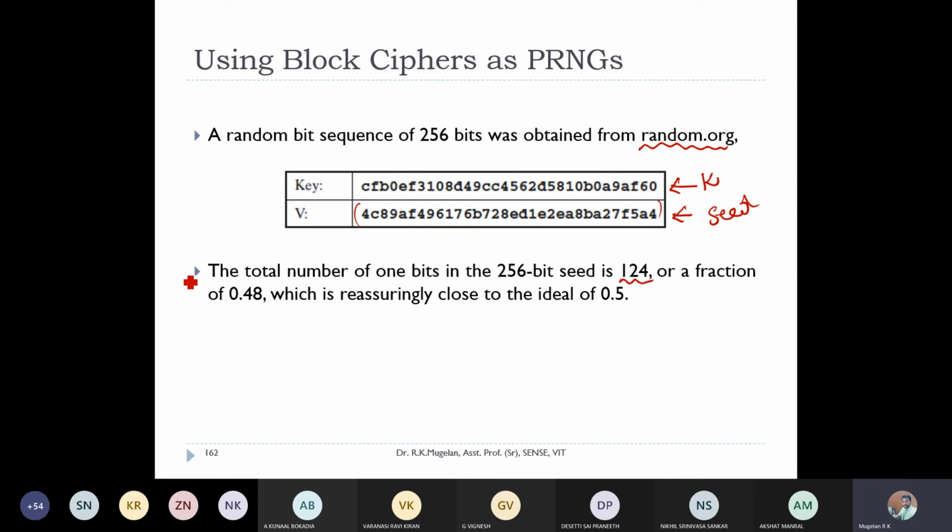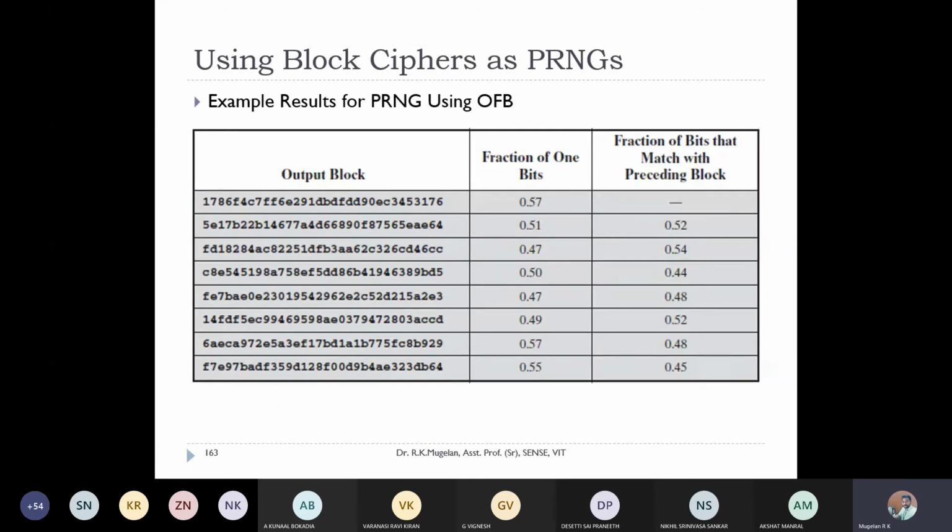So it's almost 48% of the bits are 1 and 52% bits are 0. So it's almost equal to 50%. So it is satisfying the randomness property. I hope you remember the properties which were discussed in module 2. These are properties which have to be satisfied to call a sequence of numbers a random number, right? So using these two values, they have tried to use the output feedback mode.